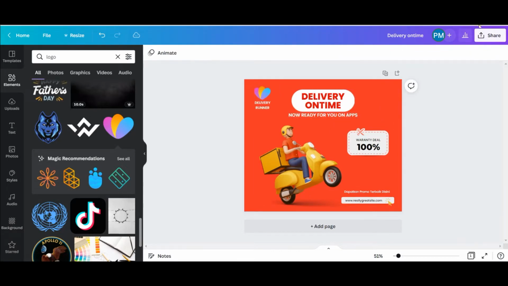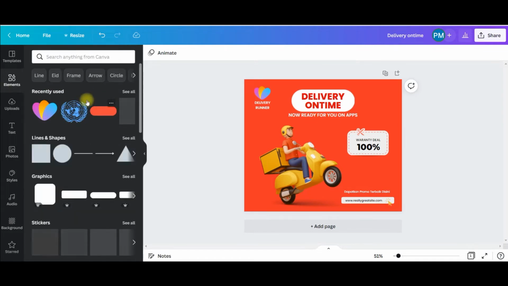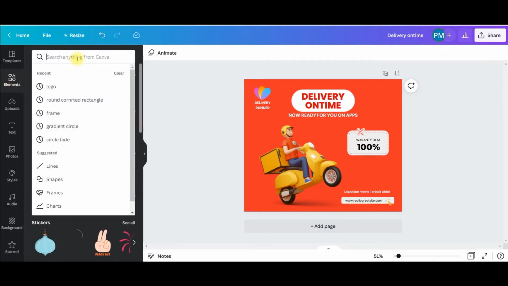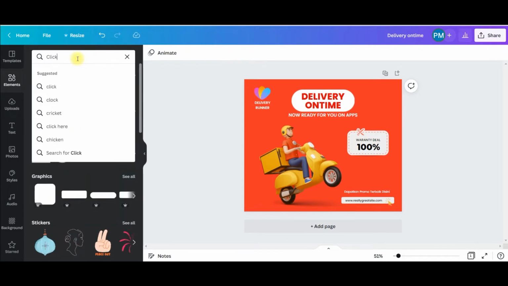Simple as that. Now let us see how to give an animated click hand here. I want a clicking hand to appear here to bring the notice of my viewer to this delivery on time button. So the first option is going to elements, here type click and enter.